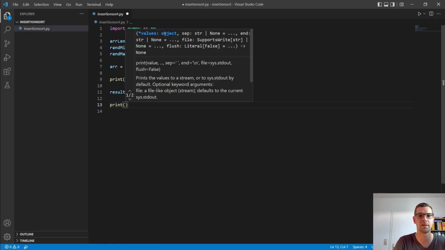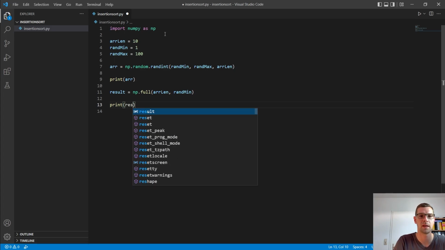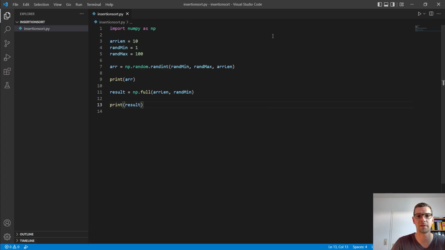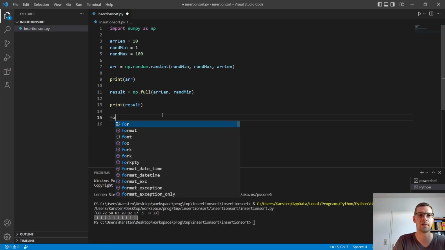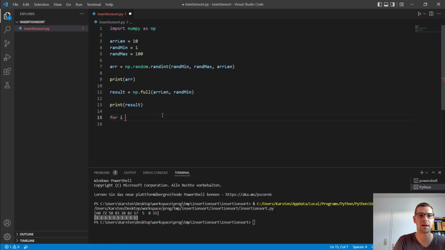Alright, so now we have our result filled. We print it quickly so we can see how that looks. If I run it now, we see we created our random array with random numbers, and we have our min value as our result currently. Okay, so now I go in and say for each i in our array,